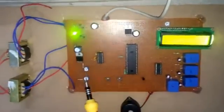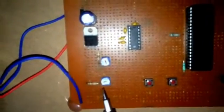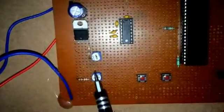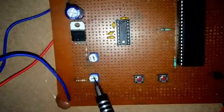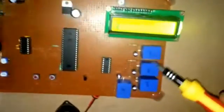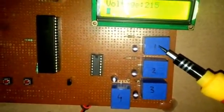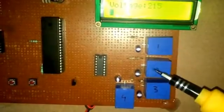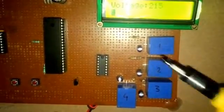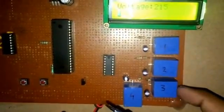This is my potentiometer, and these are also my potentiometers, 2 potentiometers. These potentiometers are used to control these 2 relays. I have used 2 relays for over voltage and under voltage, and these 2 relays I have put for further